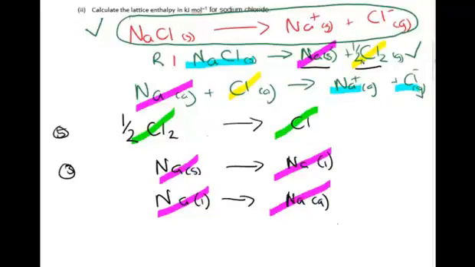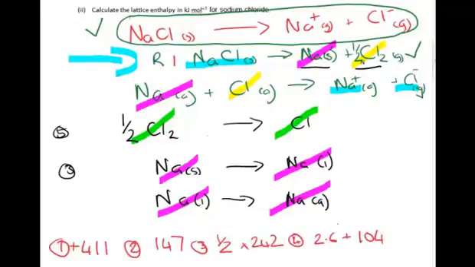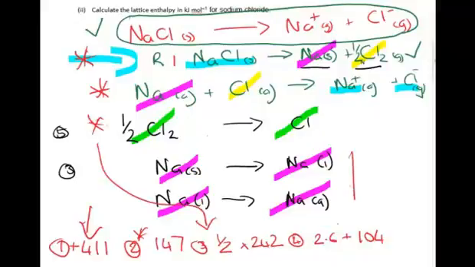Now if we add up those, remembering to take account of the half and the fact that we reversed one of the equations up here, we should get our answer. Okay, and if we add those up, we get the plus 411 from this first equation up here. We get the 147 from the previous question where we figured that out. We're halving this one, which is this amount here, and just adding up these two, the 2.6 and 104, that gives us 785.6